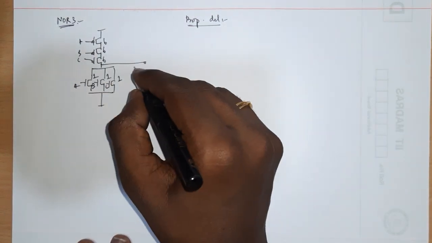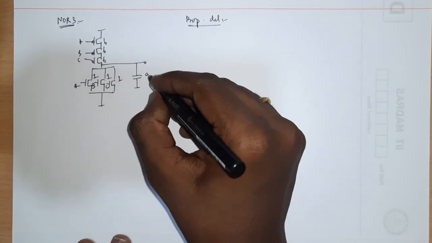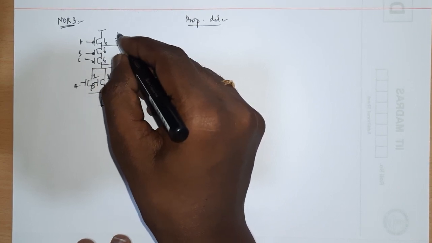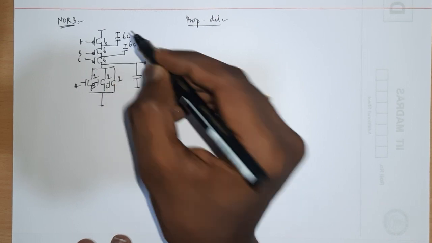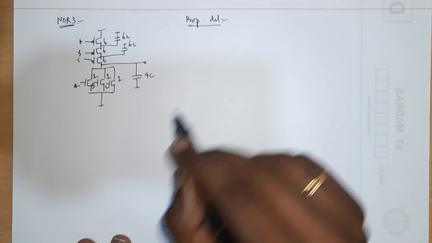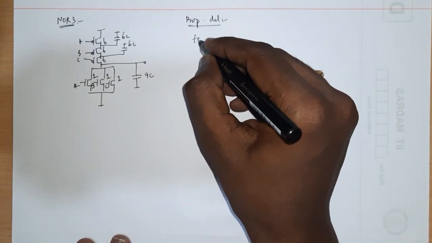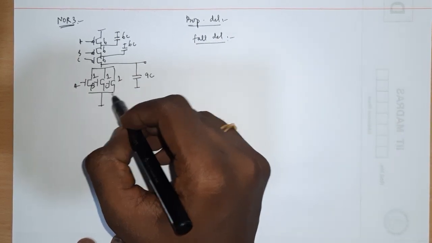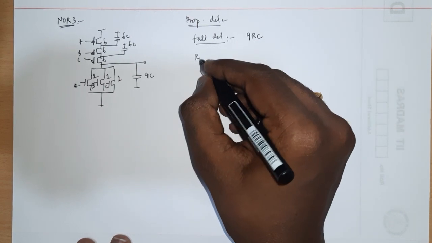Now it's like that. So at this node you will have a capacitor 6C plus 3C, 9C. Okay, and each of these nodes will have a shared capacitance of 6C and 6C. Okay, it's like that. So once you have determined this, then you will go for calculating the propagation delay. And of course the fall delay is very simple here. Fall delay is nothing but one of the paths will be active and multiplied by 9C, so 9RC. Okay, and the rise delay,